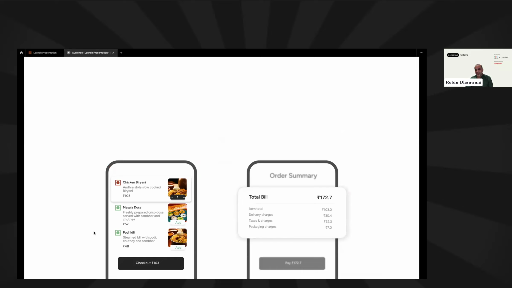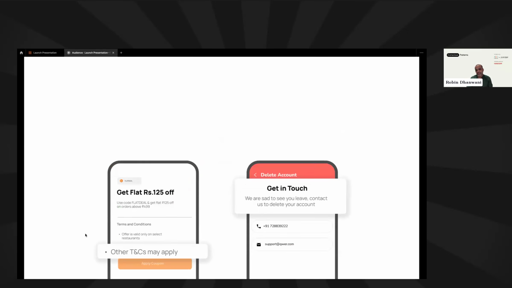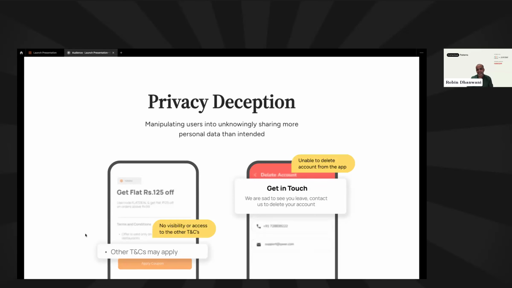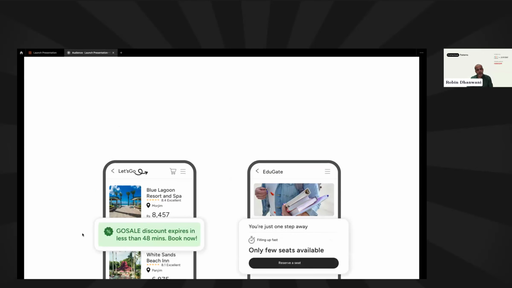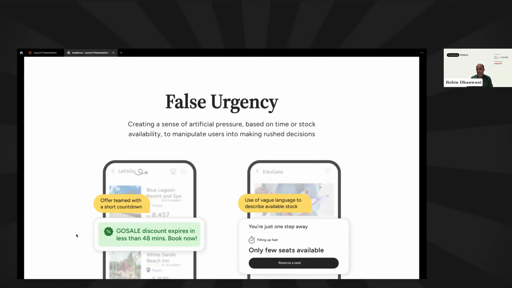If you're trying to order a chicken biryani, and when you're about to place your order you see that the amount seems higher than you thought, that could be a deceptive pattern. If you're trying to delete your account and you can't, that might be a deceptive pattern. If you're trying to look at terms and conditions, but you can't click them or understand them, that might be a deceptive pattern. Or you're trying out a new product and you end up paying for it for months and months together, only to realize it once you are maybe auditing your annual accounts. That could be a deceptive pattern. These are just some. Or maybe you thought you had got a deal of a lifetime, only to realize that it's available every single day. That could be a deceptive pattern.